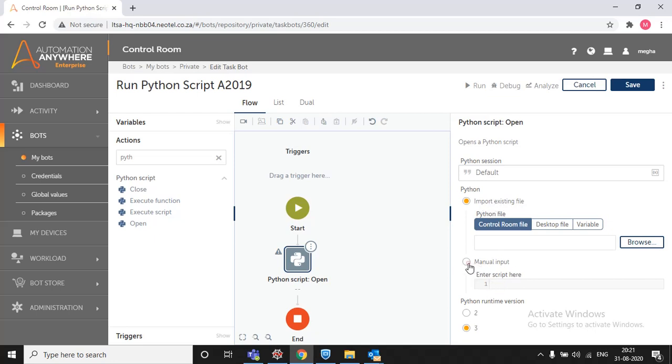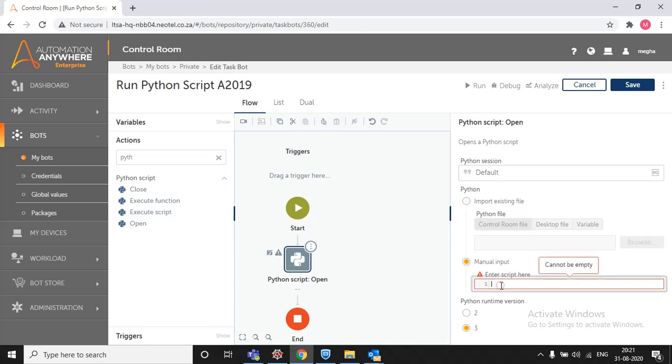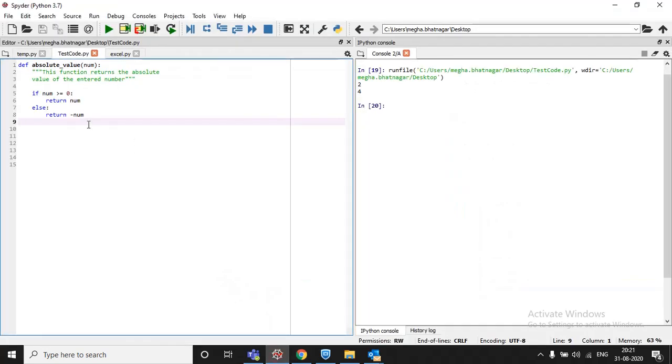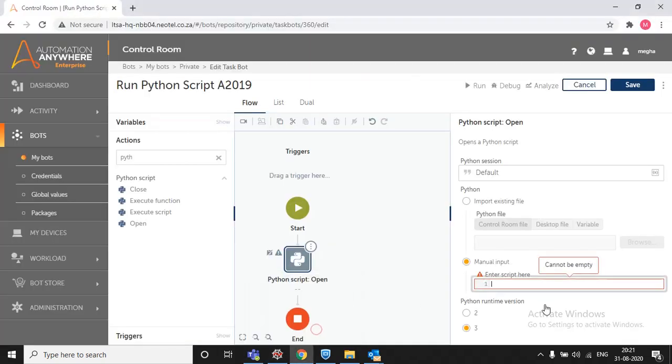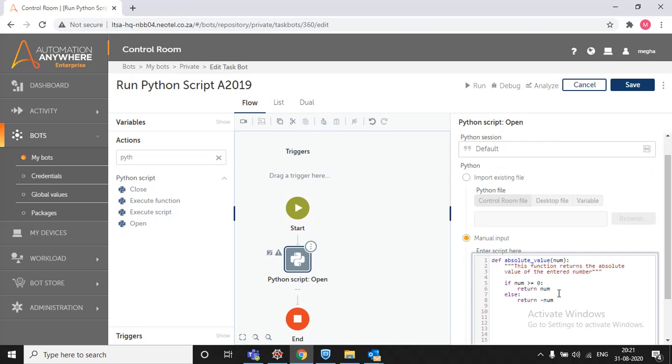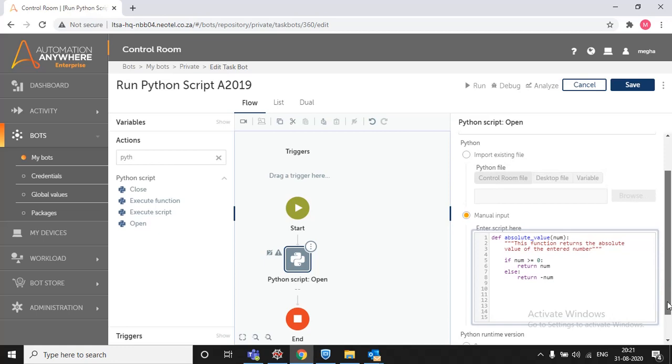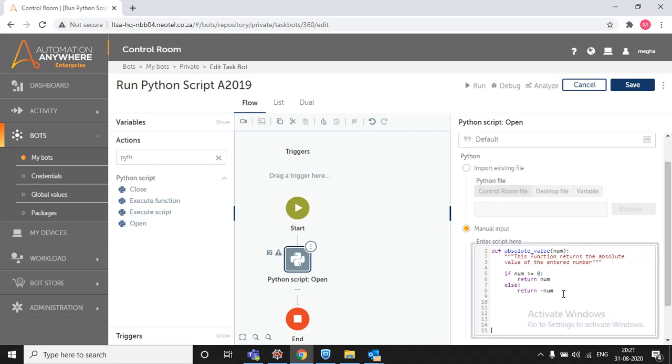If I click on manual input, it will ask you to enter script here. So what we need to do, we need to select this script, then copy this script from here and paste it in this box. So here we can directly copy and paste our script.